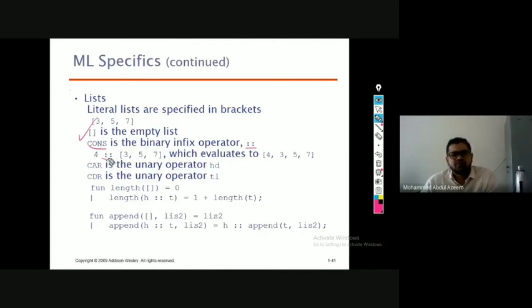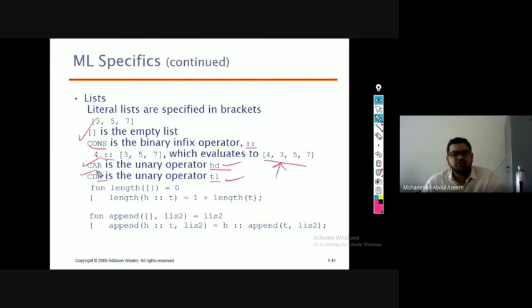And the basic operations that you perform are car and CDR. The car is represented in ML with the help of head, and CDR is represented with the help of tail, right? But the working style is the same. The car is going to give you the head part of the list, and the CDR is going to give you the tail, the other divided part of it, by removing the head part.